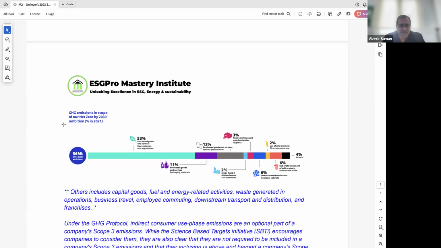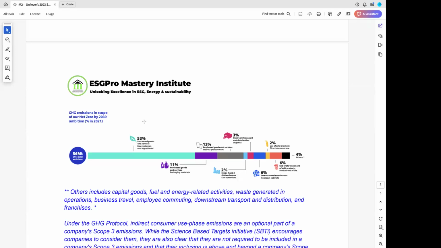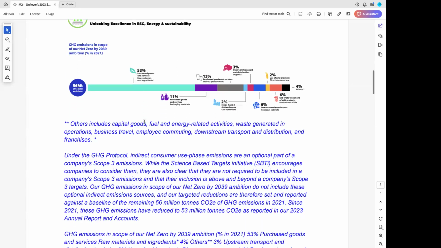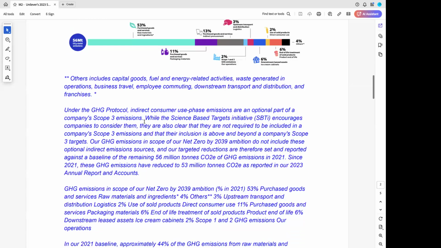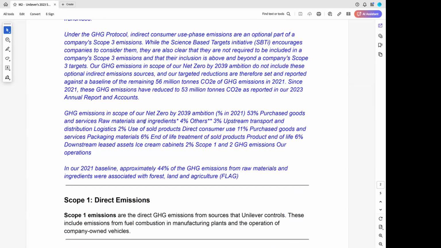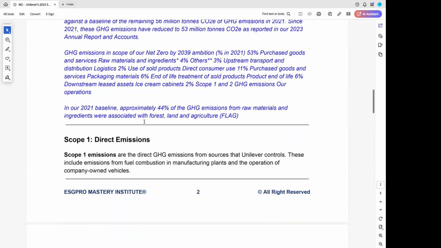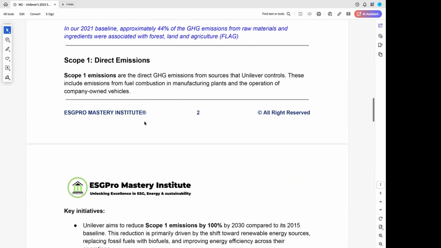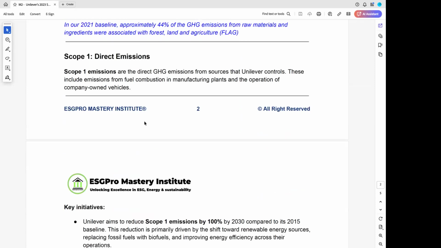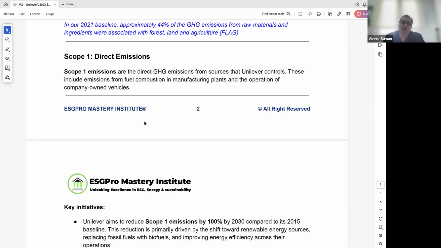Vivek sir, please. Relatively, companies have more responsibility if the emissions in the scope 1 category are more as compared to scope 3. So do companies have a tendency to put it in scope 3 so that the liability becomes a little less and they get off the hook? Is it so? That is what I was telling from the beginning. It is a voluntary requirement. People are doing it.